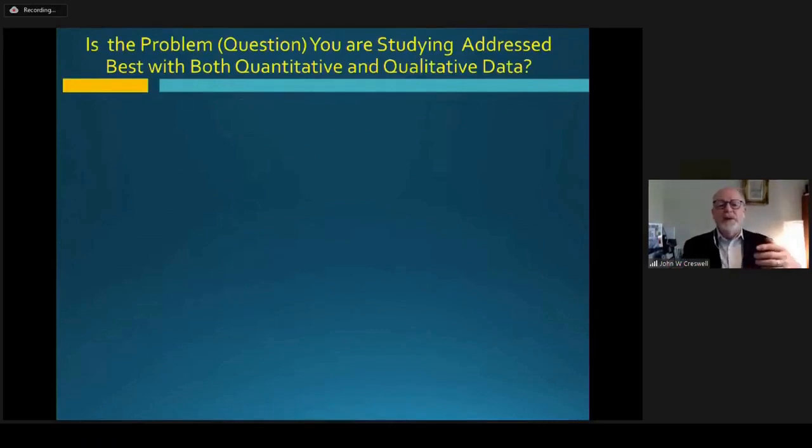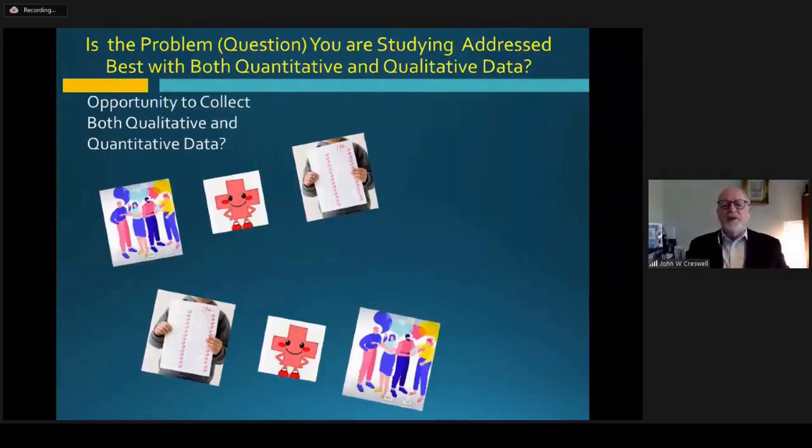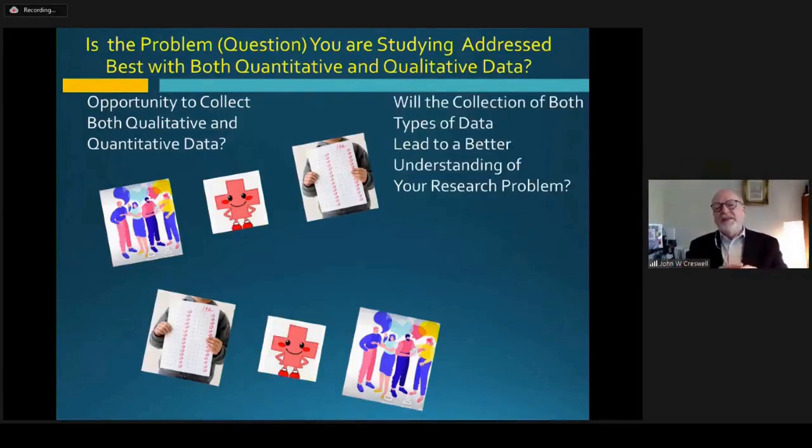Is it best to do mixed methods research in terms of your data? One of the questions I would ask you, do you have an opportunity to collect both quantitative and qualitative data? Some people refer to this as numbered data and stories, or numeric data and text. I'm going to talk in terms of open-ended versus closed-ended data, but do you have an opportunity to collect both forms of data? And then also, will your collection of both forms of data lead to a better understanding of